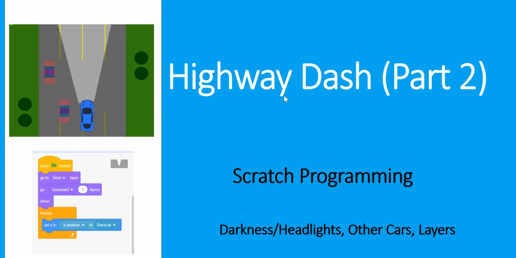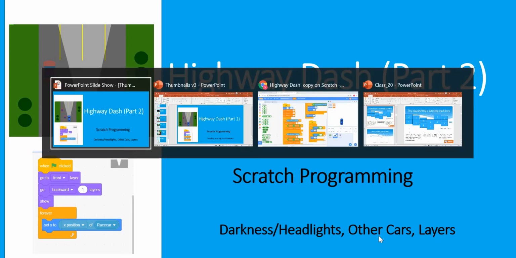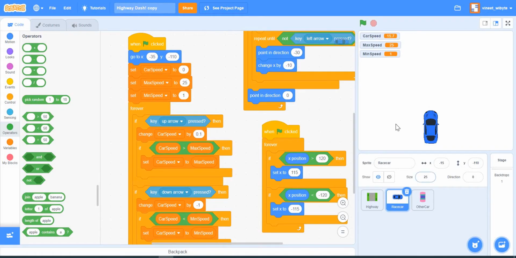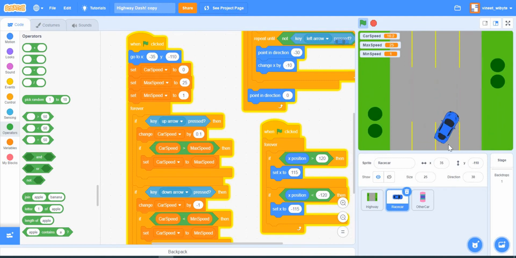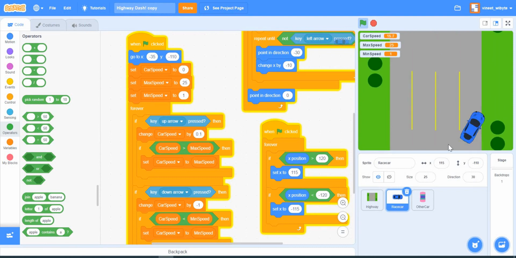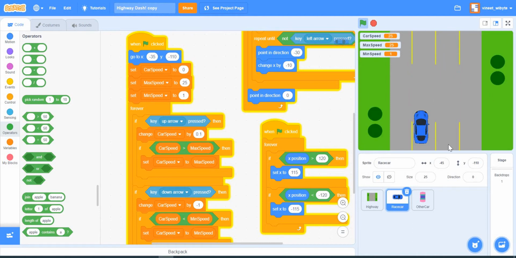So in this video, we shall continue and we will use the concept of layers to build the darkness slash headlight sprite, and also we'll give the code to the other cars and basically complete this game, right? So let's just recall where we left this. Remember, we are building this game. So far we have built this much, that we get this backdrop which scrolls, and this car which is moving, we can turn the car. However, the car doesn't go too much to the right, neither does it go too much to the left, right? So we are going to move forward from here.